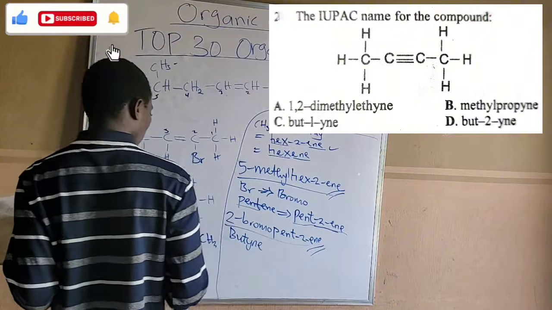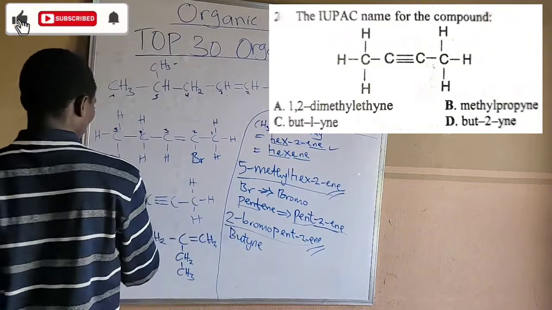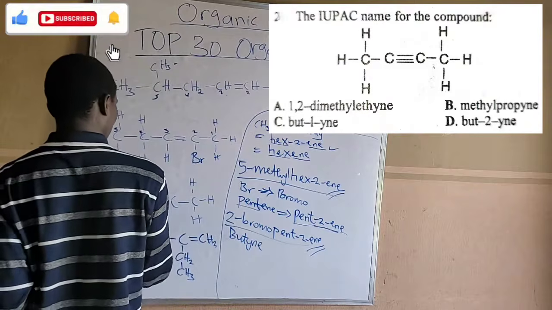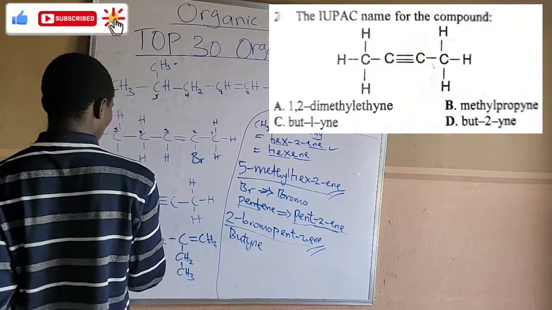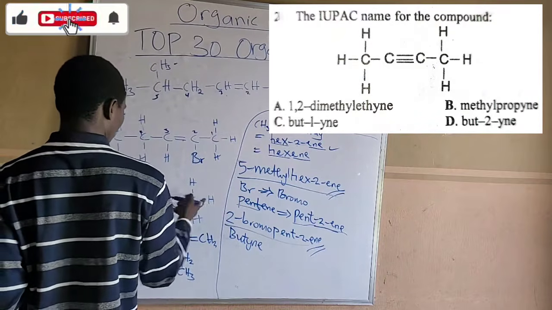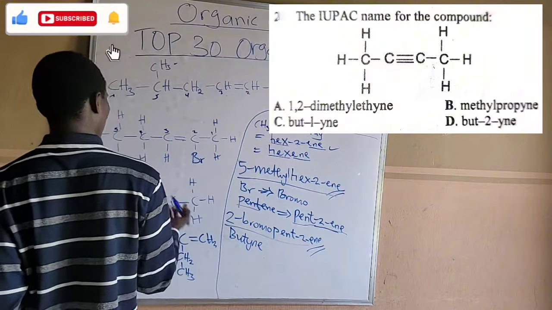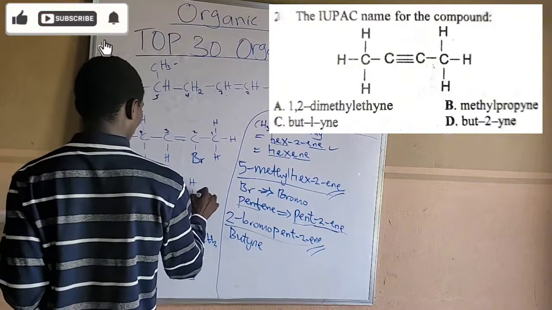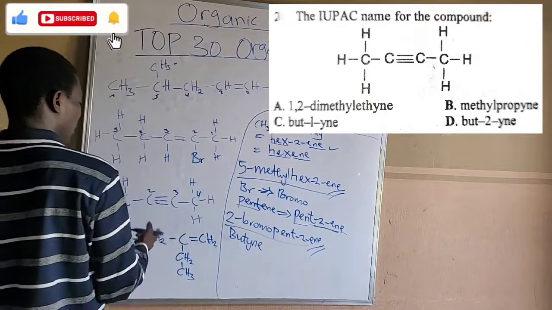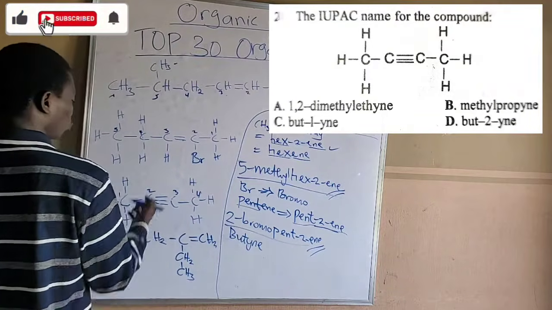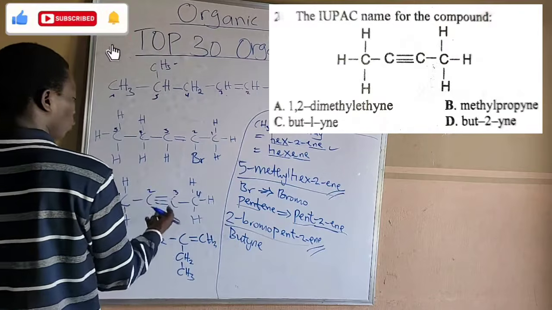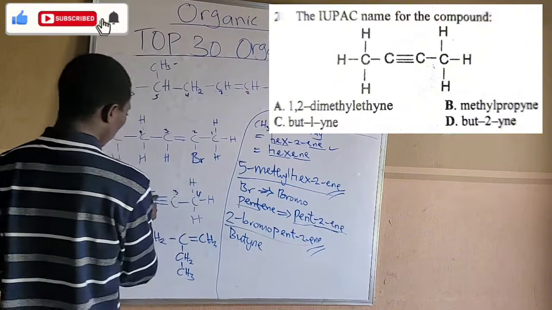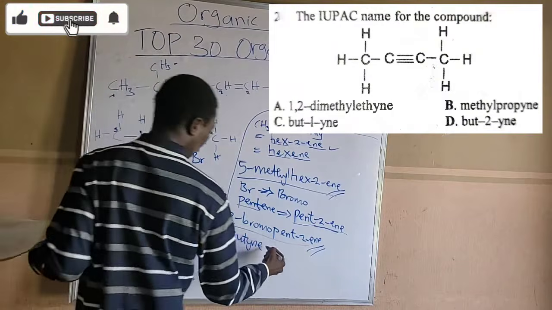But now, if I number like this or like this, since both of them are at carbon 2, that is after the first 2 carbons you get to this, and if you come like this, after the first 2 you get to this. So pick one. Let's assume I pick this one, carbon 2, carbon 3, carbon 4. Actually, we only have the parent name. The parent name is butyne, but we just want to identify where the triple bond is. So the triple bond is after the second carbon. So we can also rewrite it as